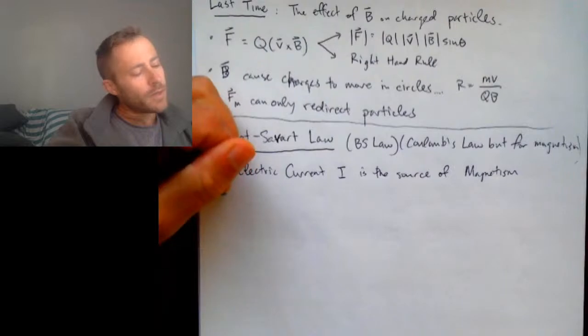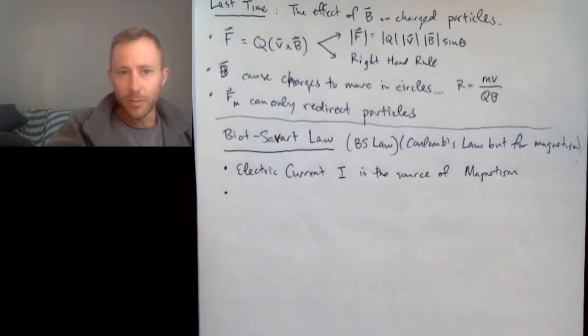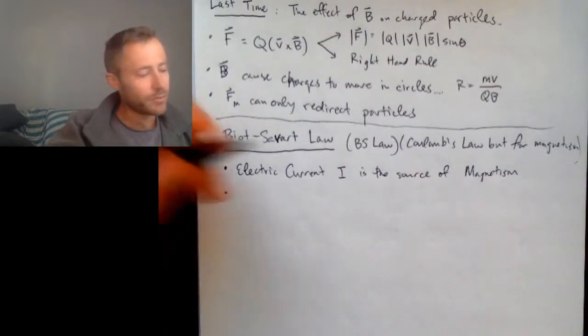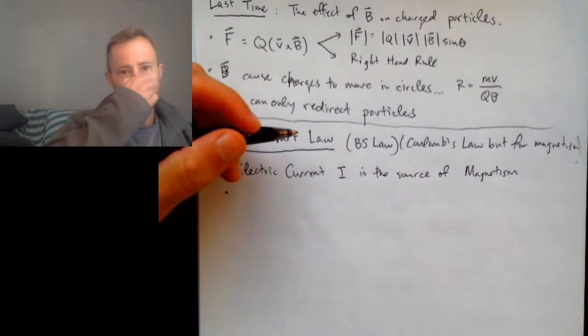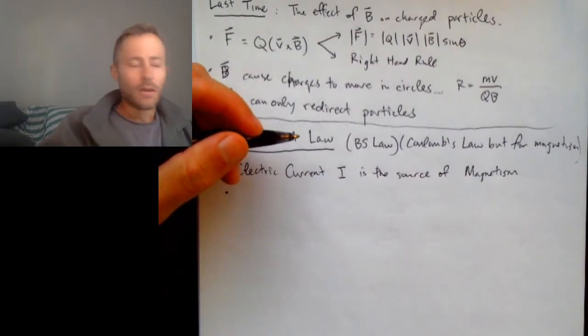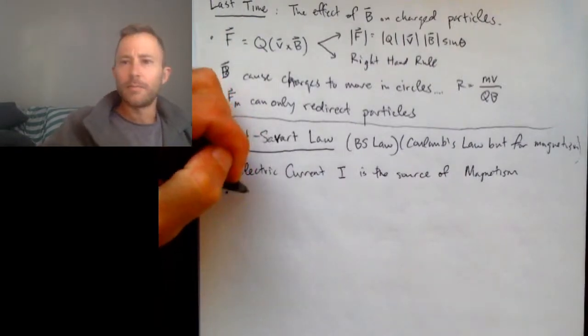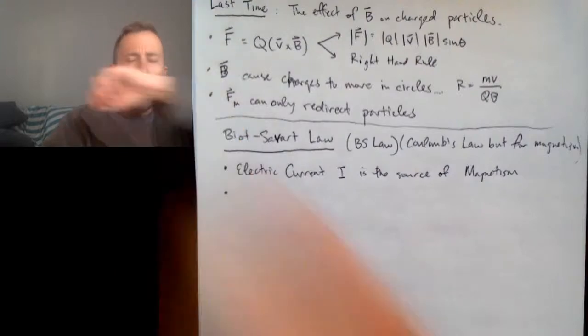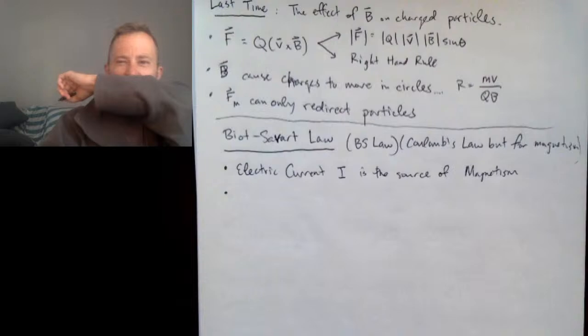And then the next thing, remember how I said that cross products appear all the time in magnetism? So,